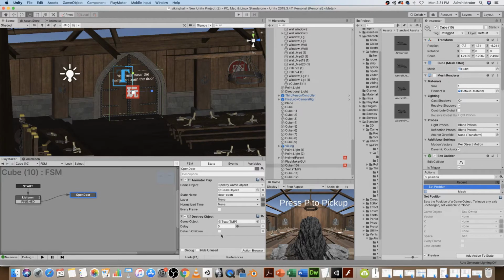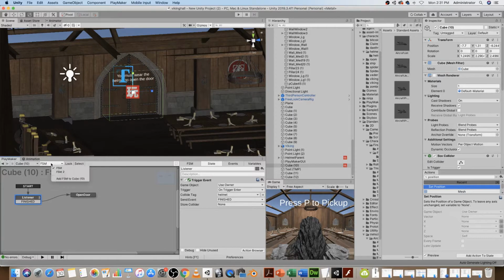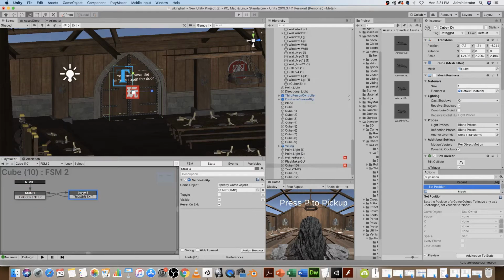So we can destroy that object once we have activated that interaction. The other thing that happens is this text actually. That's a separate FSM, which is just a simple trigger enter, trigger exit. And if the player walks into the cube, then the message will become visible. And if they leave the cube, it becomes invisible. So that's just an example of how you can use more than one state on